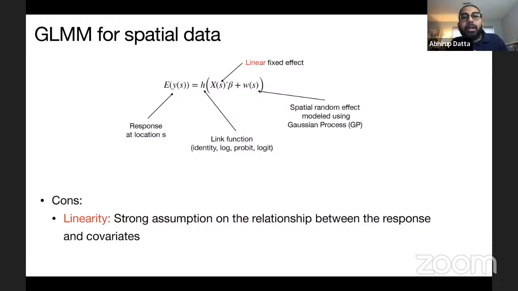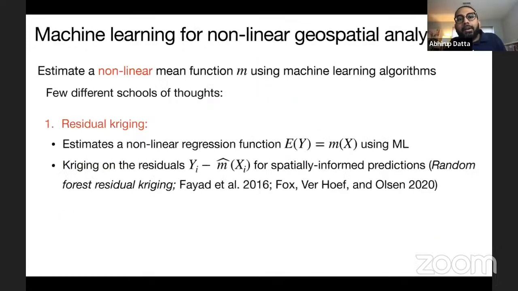And that is where machine learning methods have become super popular, because they essentially model a nonlinear regression. So very broadly, if you're given a covariate x and an outcome y, machine learning methods model a nonlinear regression, where the mean of y is modeled as a nonlinear function m of x.